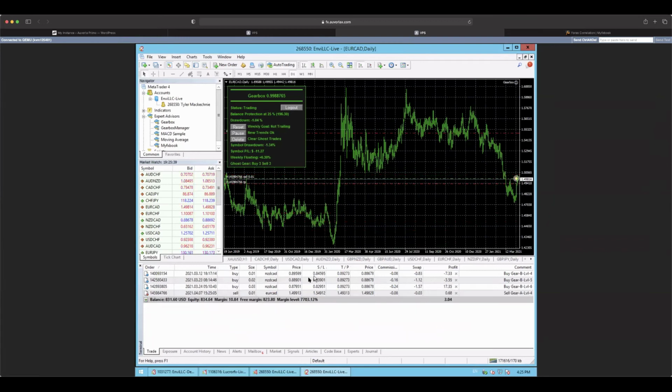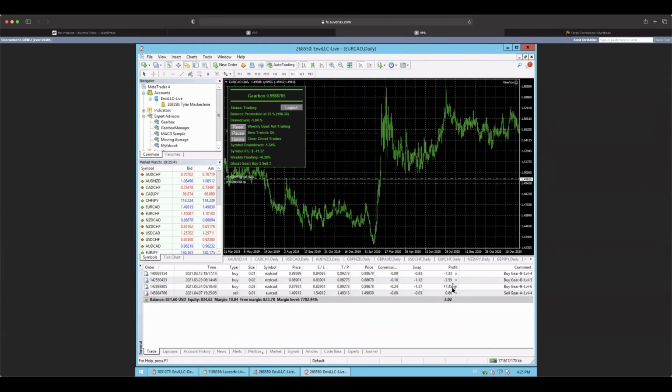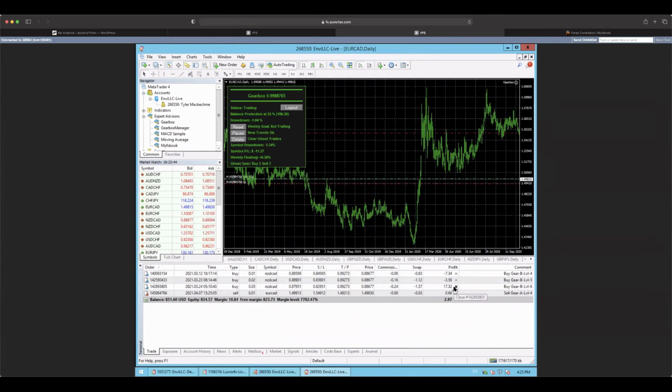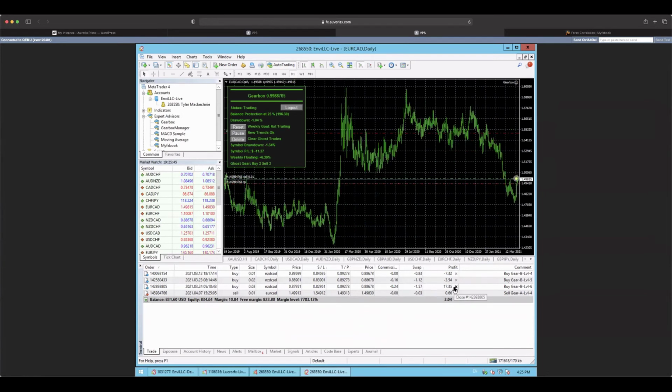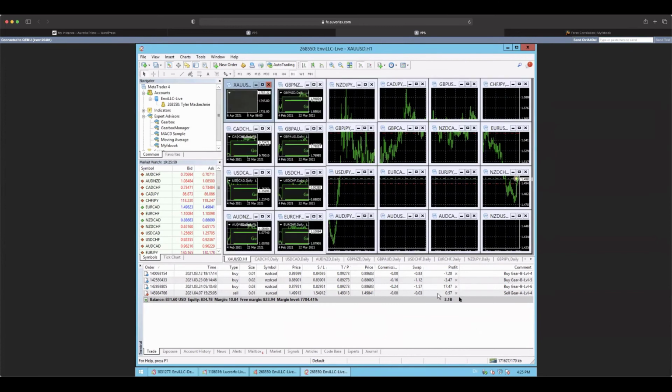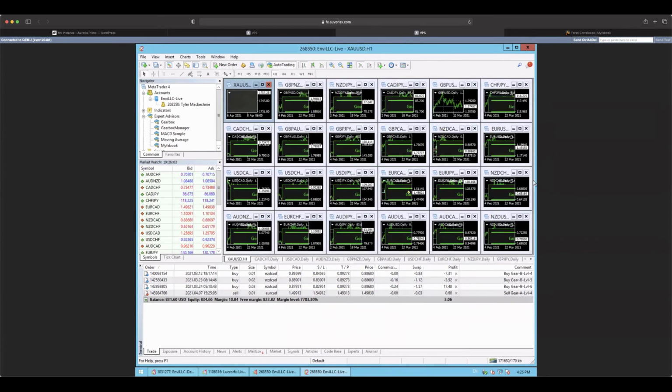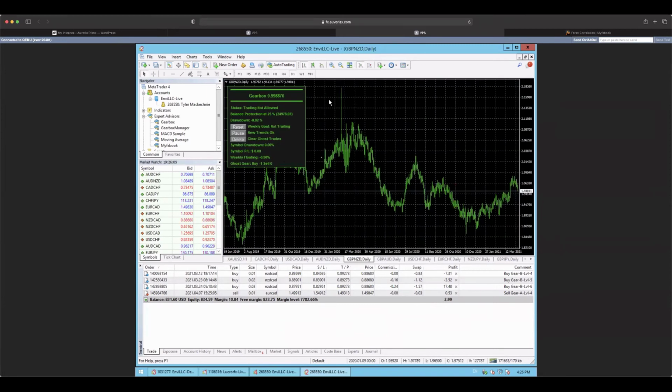Let's look at these other sequences. NZD CAD. I could close it out in a profit right now. But let's take a look at the chart. Yeah, we got some room to go to TP. I'll let that one keep running for now. That's in some buys. So we'll let that one keep running. And then EuroCAD just opened its sell. We'll let the EuroCAD sell keep running. But the point in showing you guys this stuff is that's kind of how that would work.